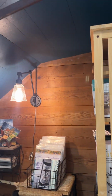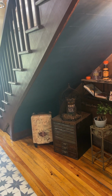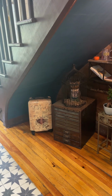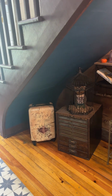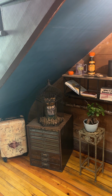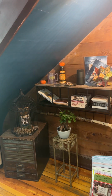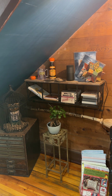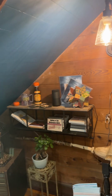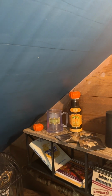And this under the stairs area here is our little homage to Mr. Harry Potter. And so you see we've got an old spool cabinet there and a little piece of luggage that actually says Jack on it, with the Marauders map from Harry Potter printed on it. And you'll notice a punch needle owl in his little cage, so he's kind of like Hedwig. We have our little mandrake plant, which is really a ficus plant, and a little broom there, and Harry Potter chart back there, some cool little things that I brought back from Universal,